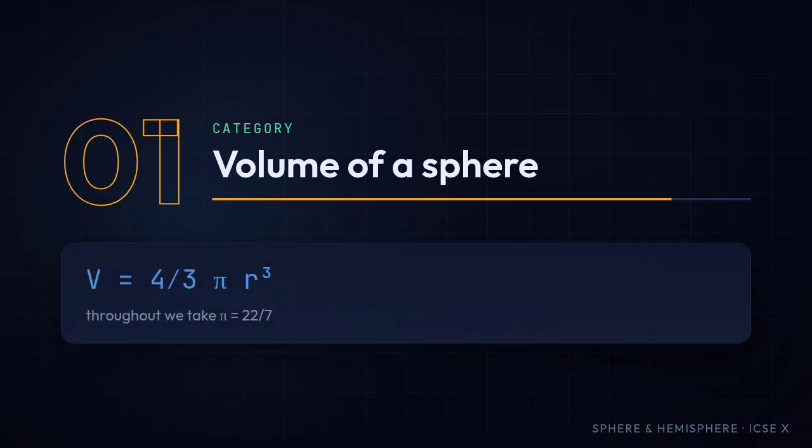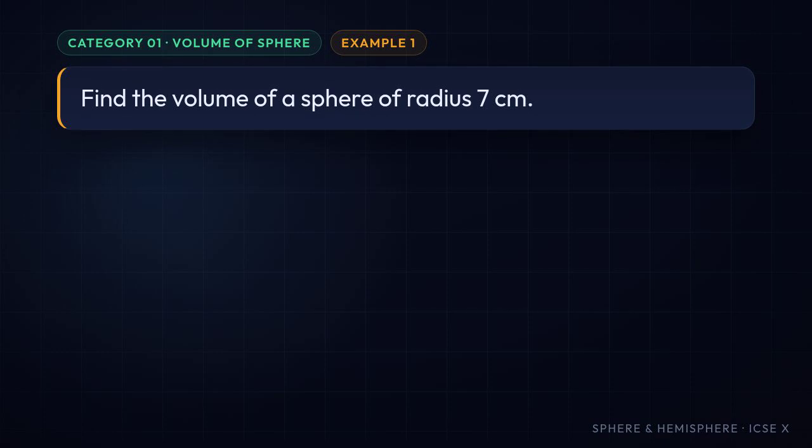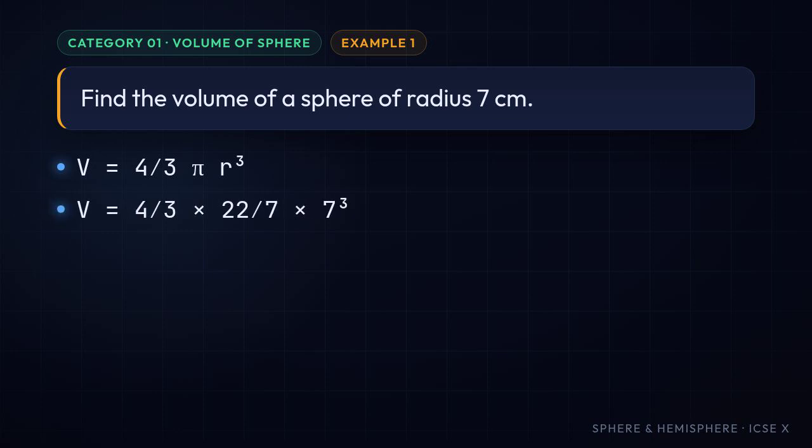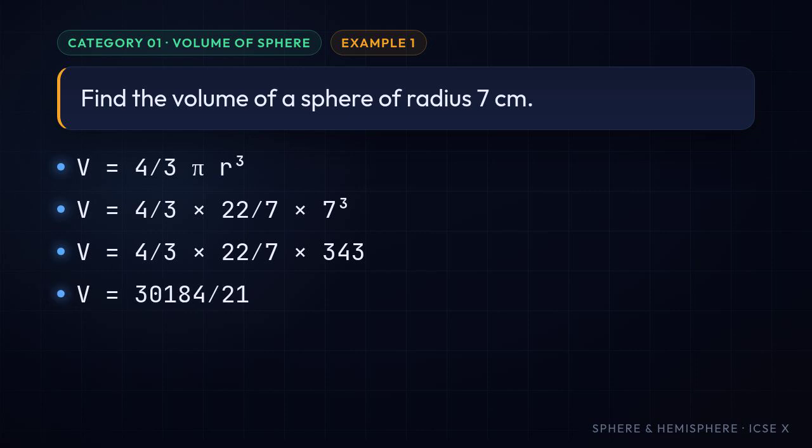Category 1. Volume of a sphere. The formula is V equals 4 by 3 pi r cubed. Example 1. Find the volume of a sphere of radius 7 centimeters. V equals 4 by 3 times 22 by 7 times 7 cubed. 7 cubed is 343. This gives 30,184 by 21, which is